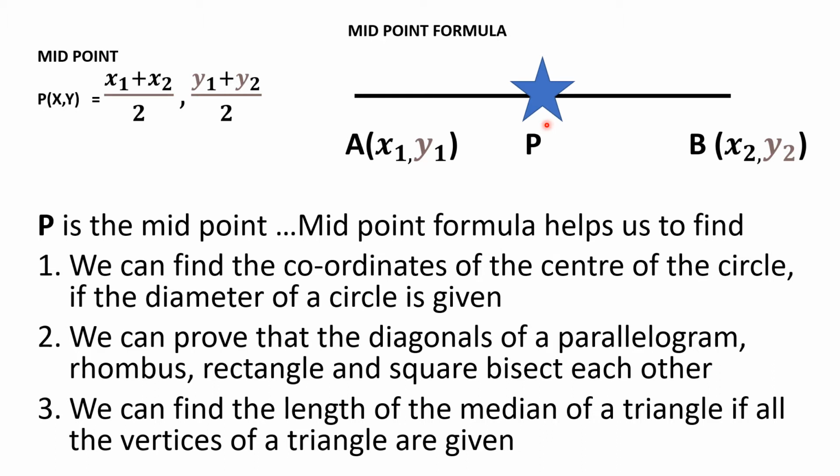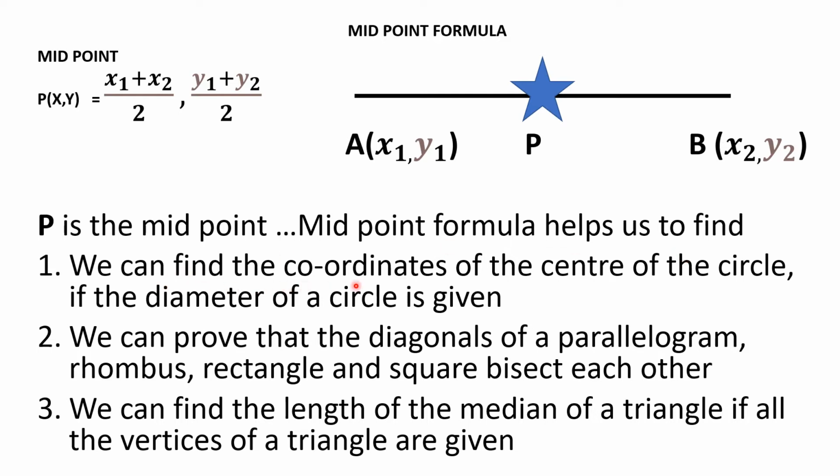P is the midpoint. So the midpoint P is (x, y). This is also coordinates. P's coordinate is x comma y, which is (x1 + x2)/2, (y1 + y2)/2. P is the midpoint. The midpoint formula helps us to find